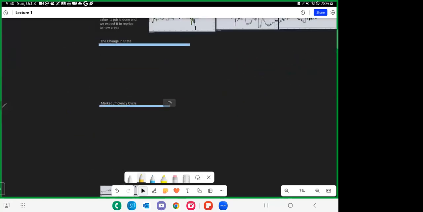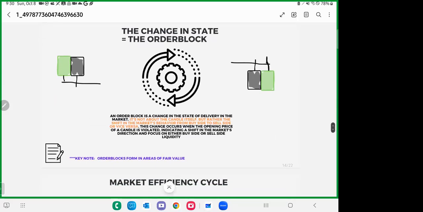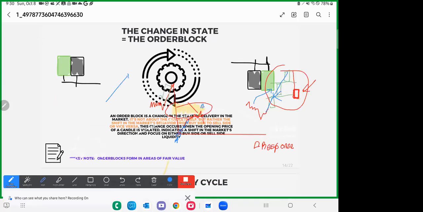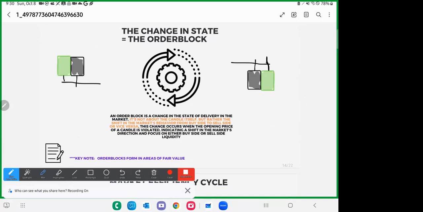So the change in state. The change in state, once again, is the order block. A lot of people are talking about the change in state, it has become a popular thing, but this is nothing new. It's just maybe the understanding has not been presented correctly. The change in state is the order block. An order block is a change in state of delivery in the market,